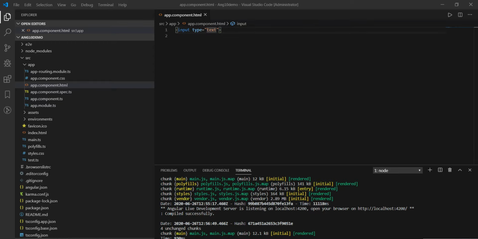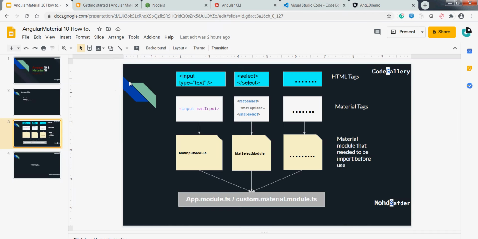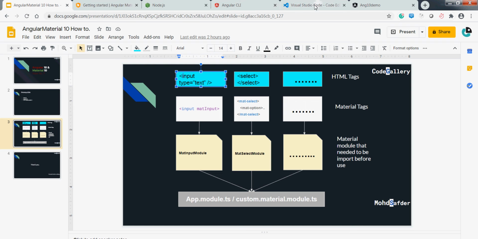You can see this text box looks like a simple text box, and there is no fancy styling here, as we have placed a simple input type text.